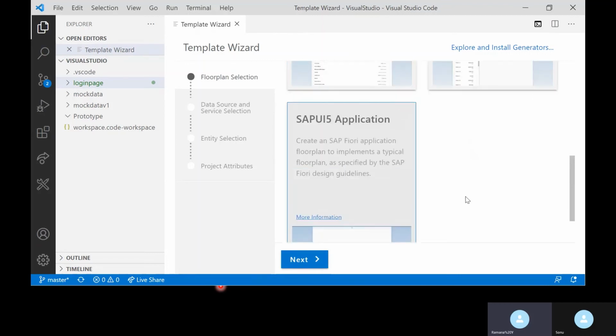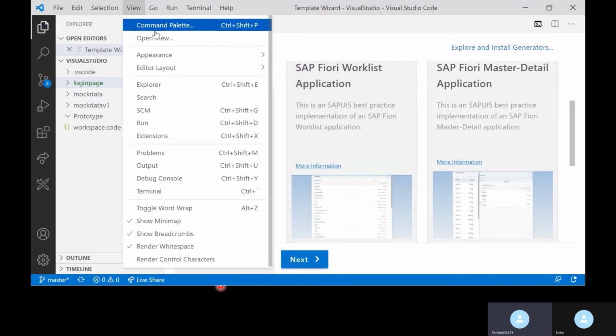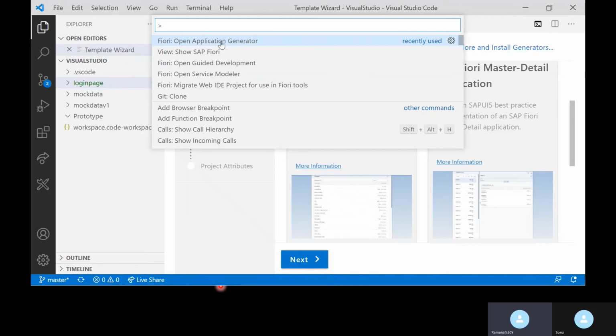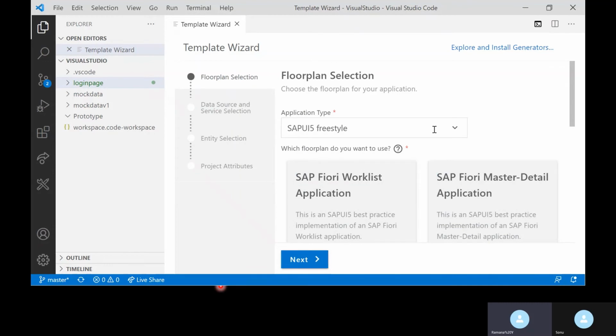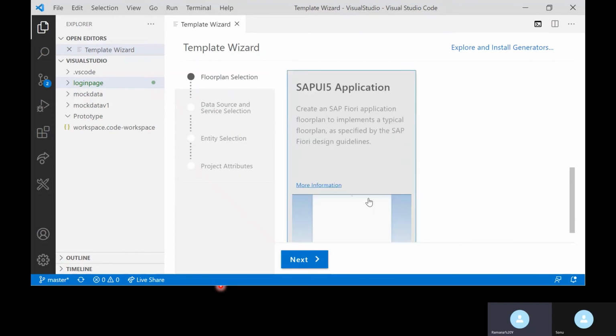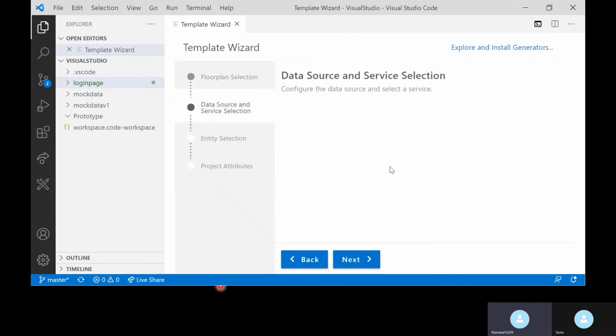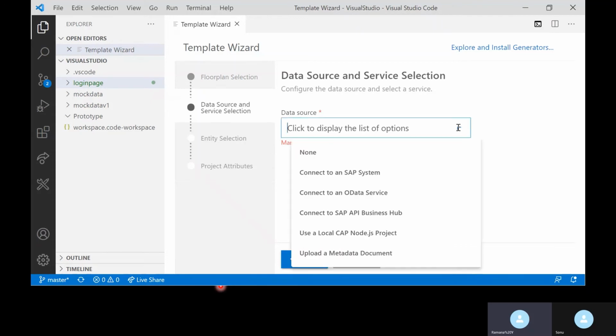So in Visual Studio Code, when you come to view and command palette, search for SAP Fiori, and then you have open application generator. In that, after selecting it, if you select freestyle, you can select UI5 application. Then you can select next, and here you can skip this step because for the login screen we don't need